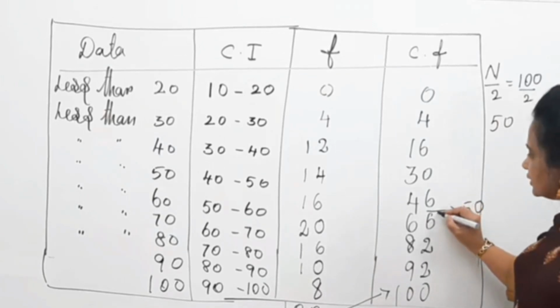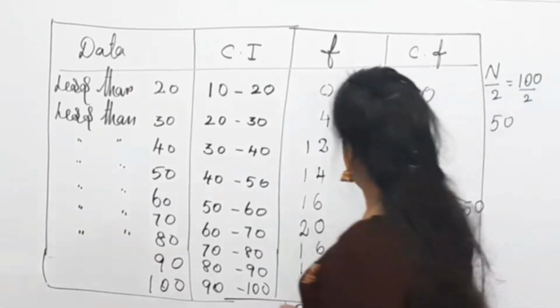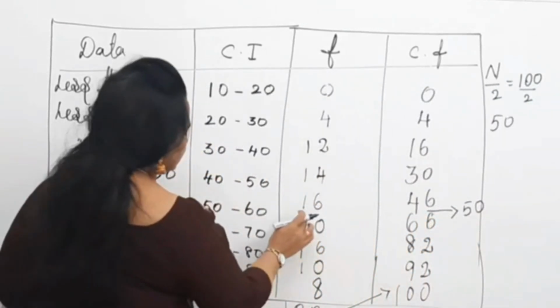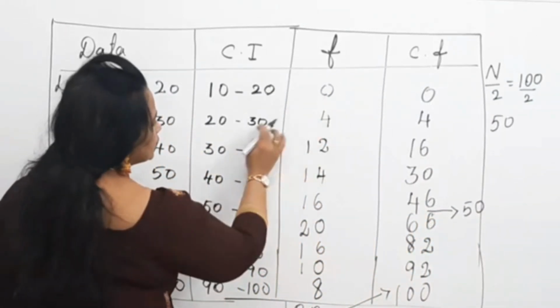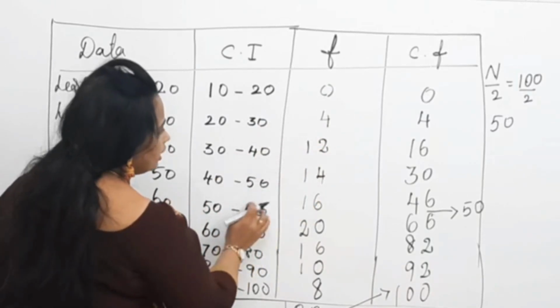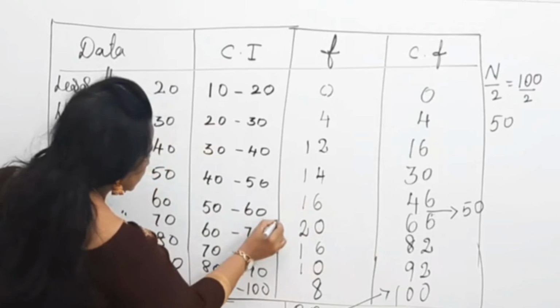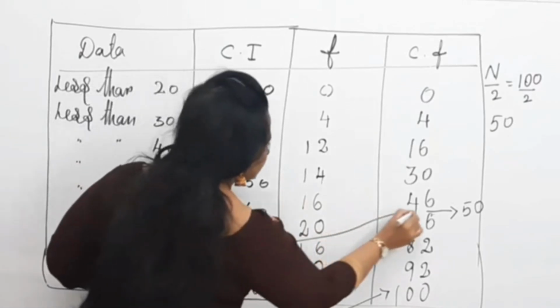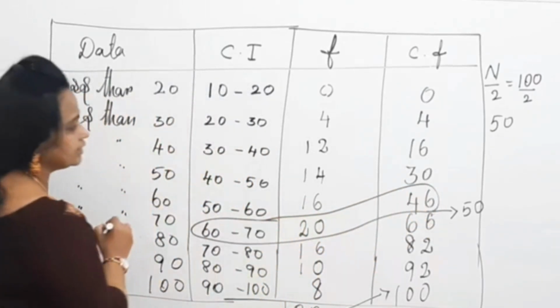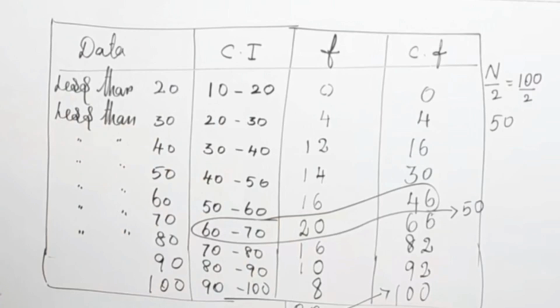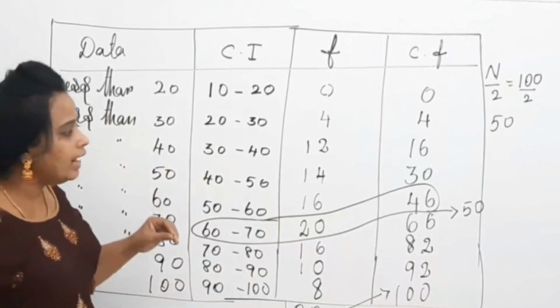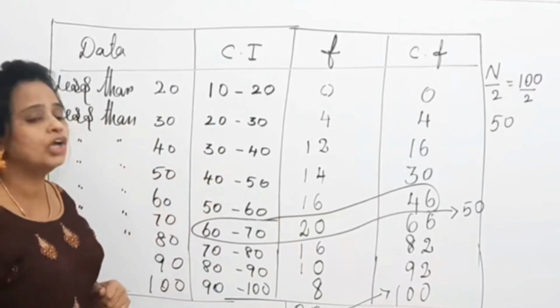So I have to get my class interval such that this goes here, this goes here, this goes here, this goes here, and the next one is this one. So 60 to 70, and this is my class interval, and my frequency is 20, and the cumulative frequency is